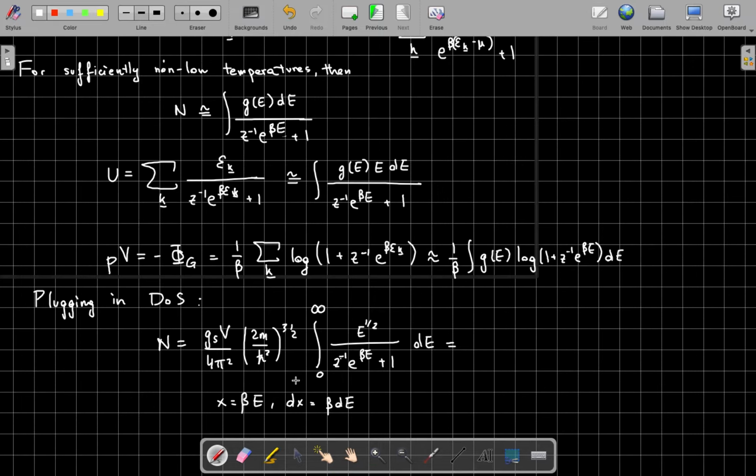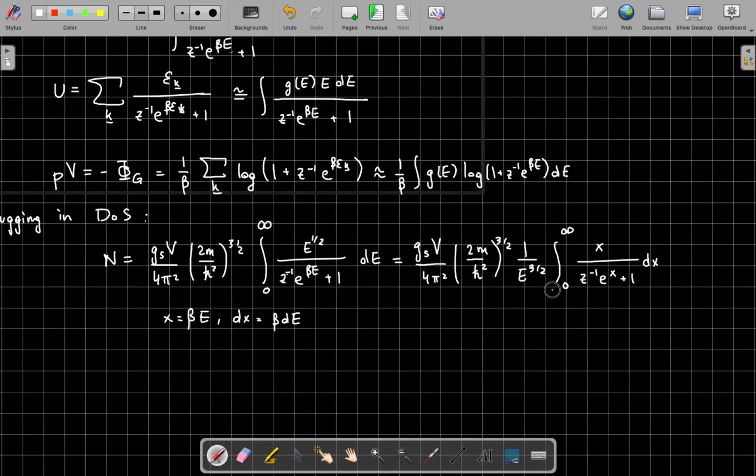So this dE brings me a 1 over beta, and this e to the 1/2 brings me a 1 over beta square root of 1 over beta. So this is equal to gs times v over 4 pi squared, 2m over h bar squared to the 3/2, 1 over e to the power of 3/2, integral from 0 to infinity of x over z to the minus 1 e to the x plus 1 dx. And now I think you should